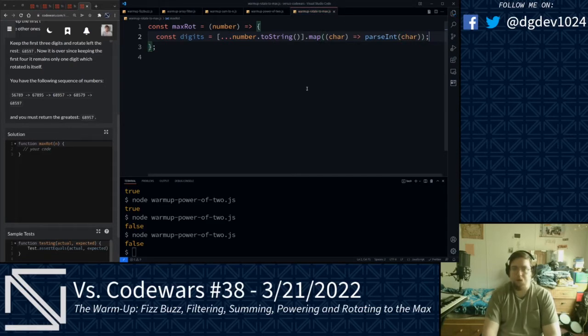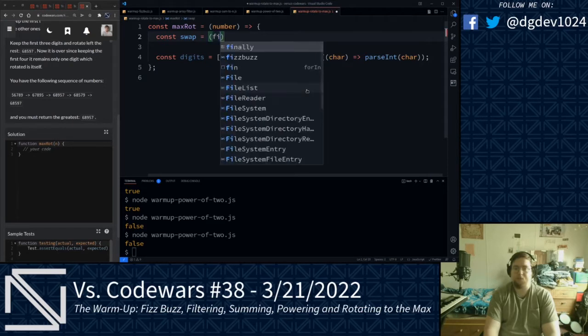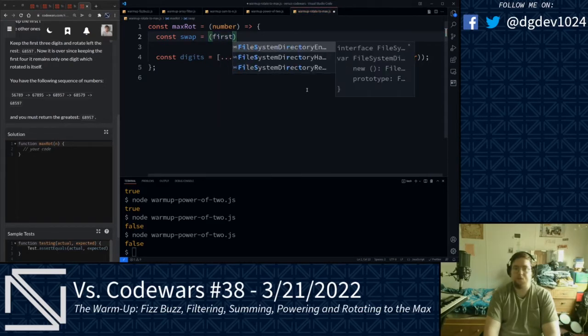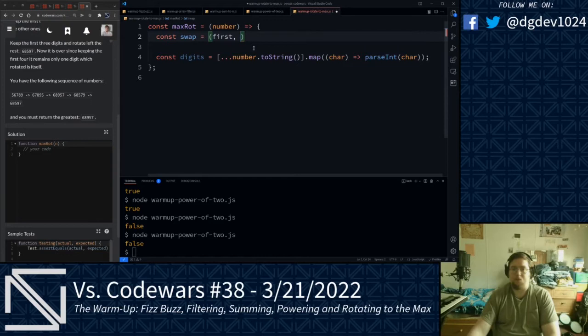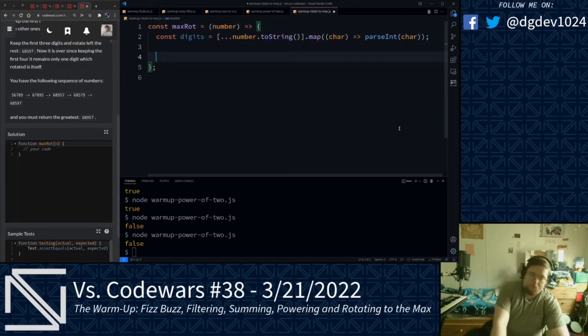Alright, what we will do now is, I think we'll use a temporary swapping function here. We'll use a helper function here. Swap equals first and... I don't know if that's gonna work here. Anyway, what we are going to go ahead and do,